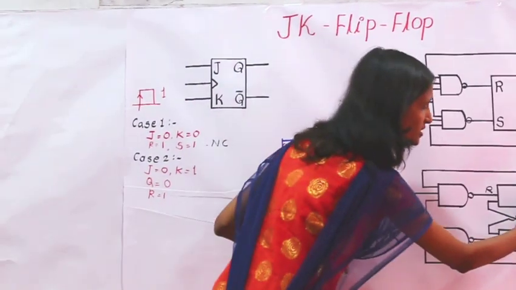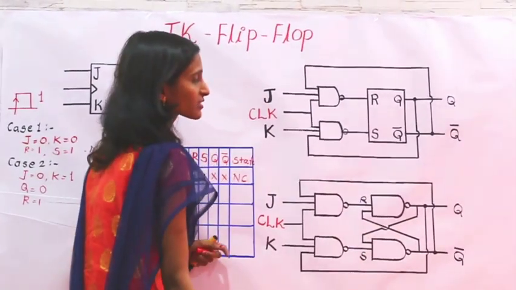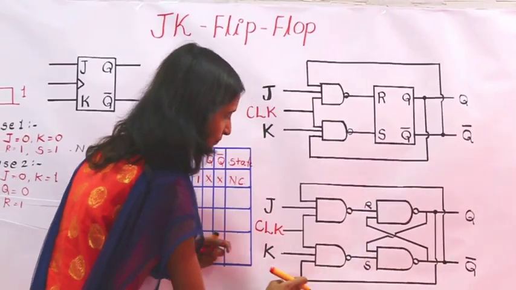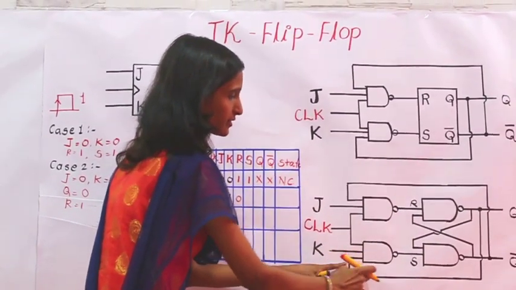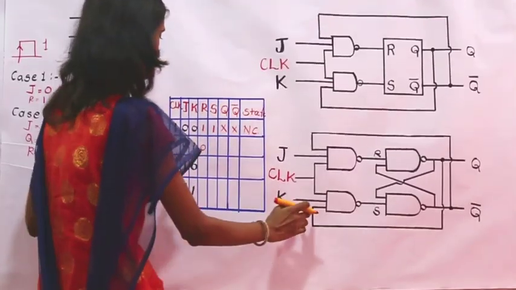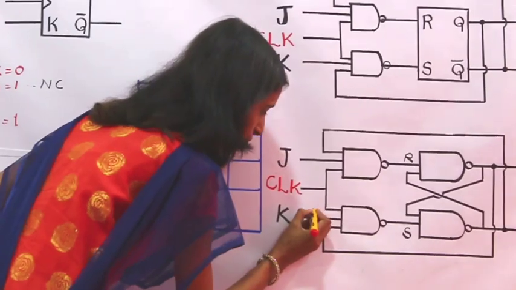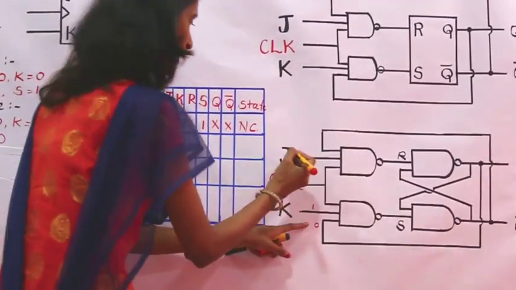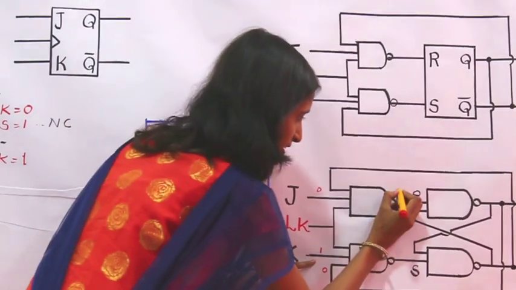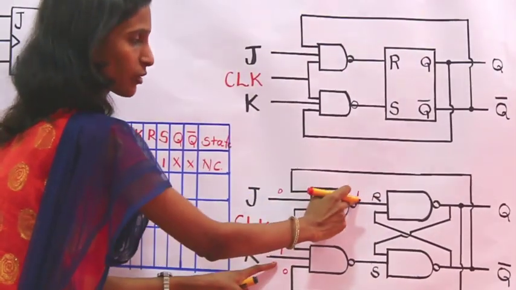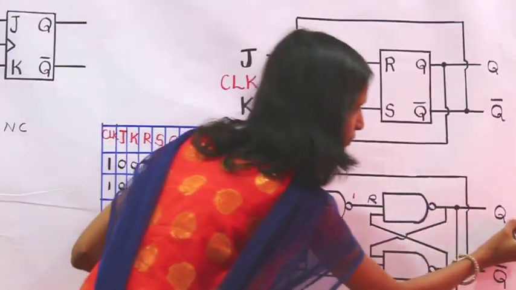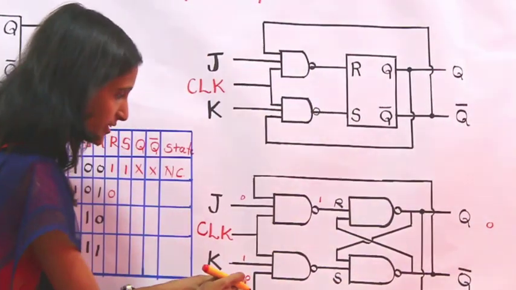Suppose Q is equal to 0, where it is connected. You can see here Q is connected to this NAND gate. So here I will get a value of 0, where we are having K as a 1. Here again I am having J as a 0. Now here I will get a 1. This is input 0, so output will be R 0. What about this now? We have assumed Q 0, so I will get here Q.